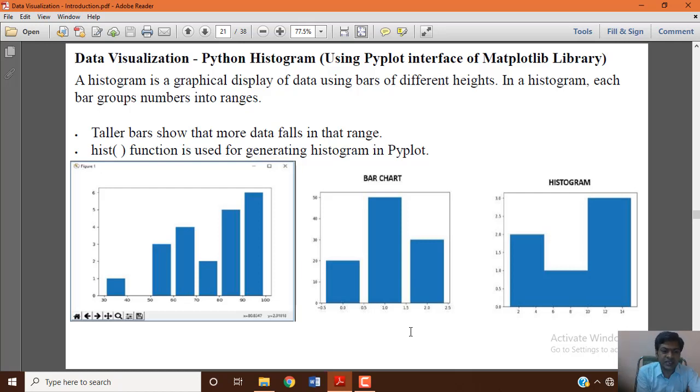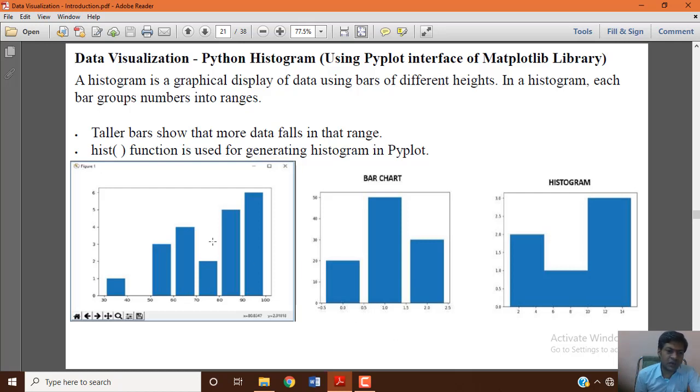So a histogram basically takes the lowest value and the highest value, and divides them into equal subgroups, which we call bins, an equal number of ranges. The entire set of values is divided by taking the minimum value and the maximum value of your data set and dividing it into equal size groups.